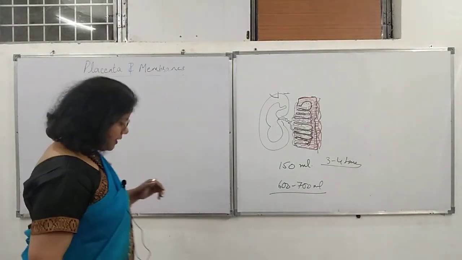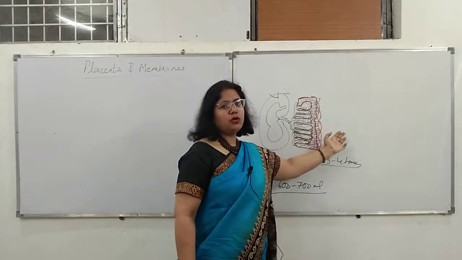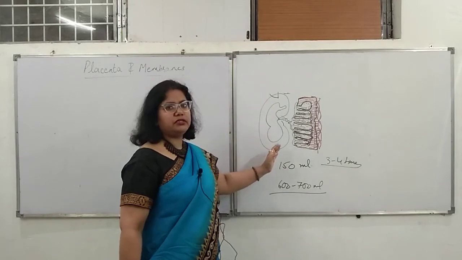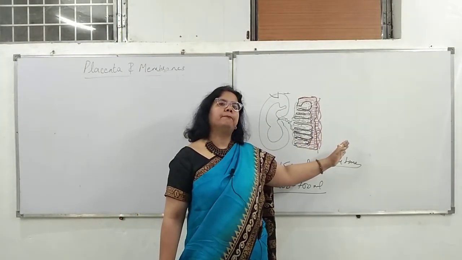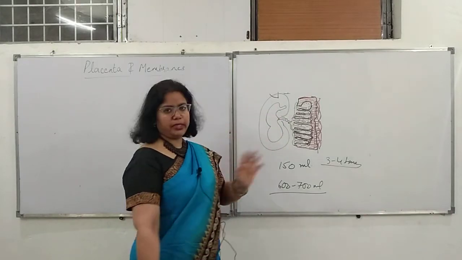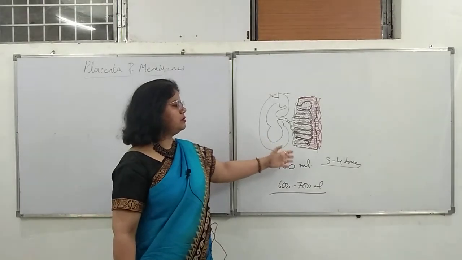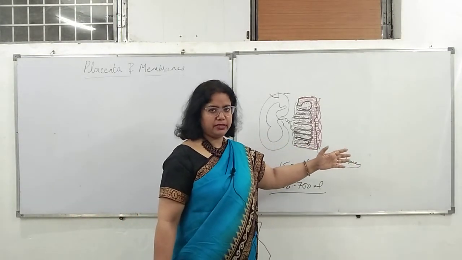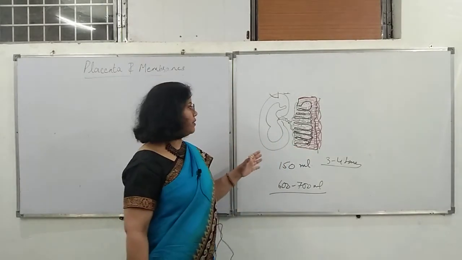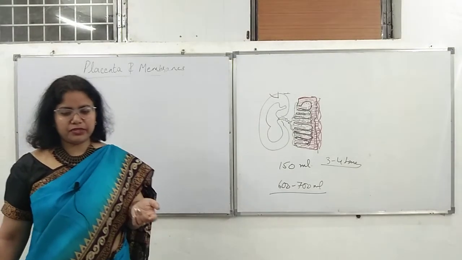Now, as we have seen, the placenta is made up of two components, the maternal component and the fetal component. We know the genetics of the fetus is different from that of the mother, so it is a sort of foreign body. Some part of the placenta is a sort of foreign body to the maternal system. Still there is no rejection of this graft. So what are the reasons that prevent graft rejection?